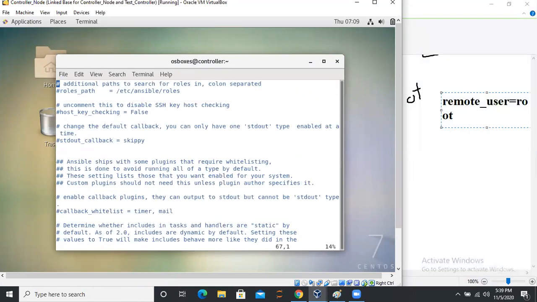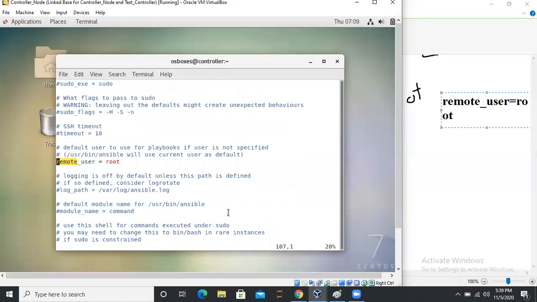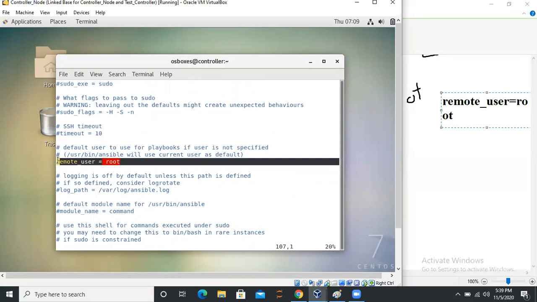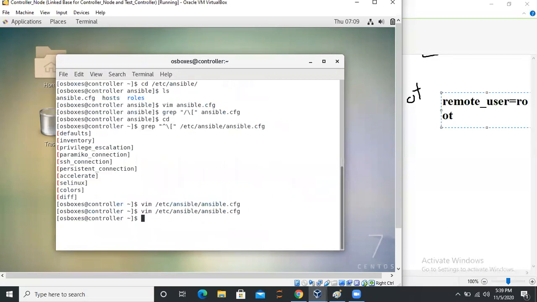In the default section, let's search for remote_user, root. So all the commands on the managed host will be run by the root user. Why? Because we have done this over here: the default user to use for playbooks if the user is not specified. The default user will be root. This is the same thing I explained, they are just saying it here in English. So the remote user will be used.